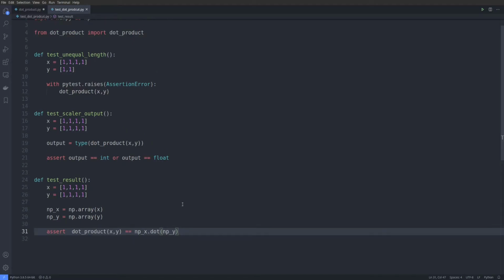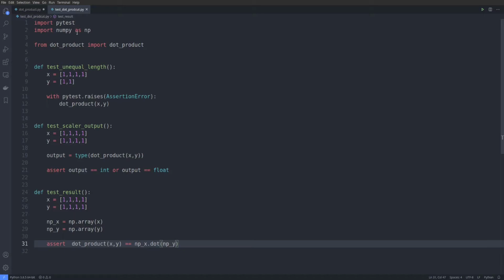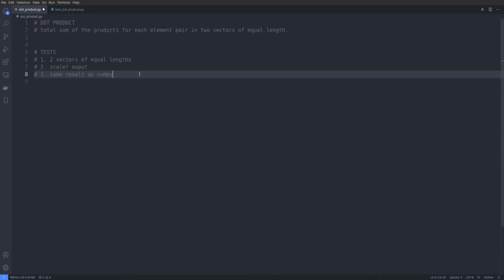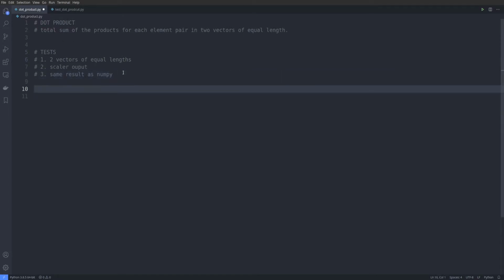So zoom up here. So here's our tests that we're going to use to guide our development. So we have a way to test for ragged vectors, we have a way to test our scalar output, and we have a test written for our actual result to make sure whatever we're computing has an equivalent computation in NumPy's implementation. So we're going to jump over to our actual dot product module, and we're finally going to start